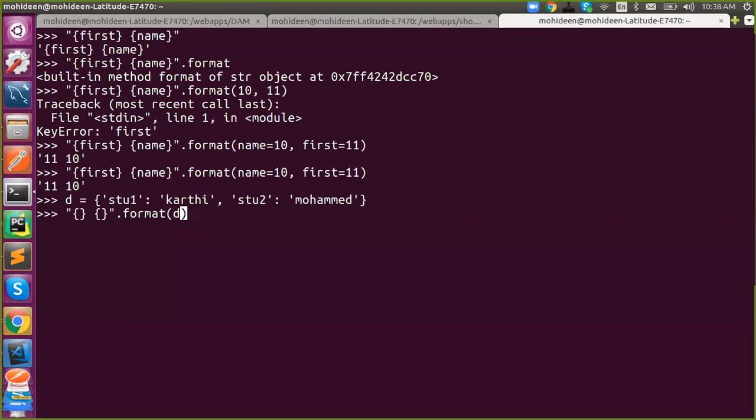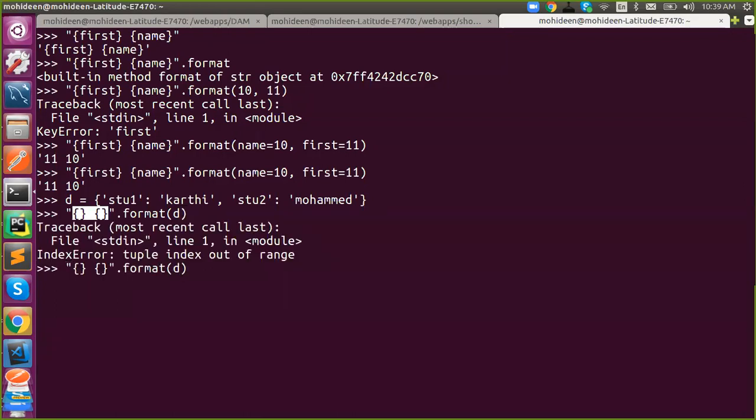Type error? How will it be type error? No, it will be key error because you have keys there. Just forget about the data type in this, whether it is a dictionary. I have passed one input. Here I have two positions, but I had a single input. Index error. Okay, so if we want to insert the dictionary in both the places, what should I do?